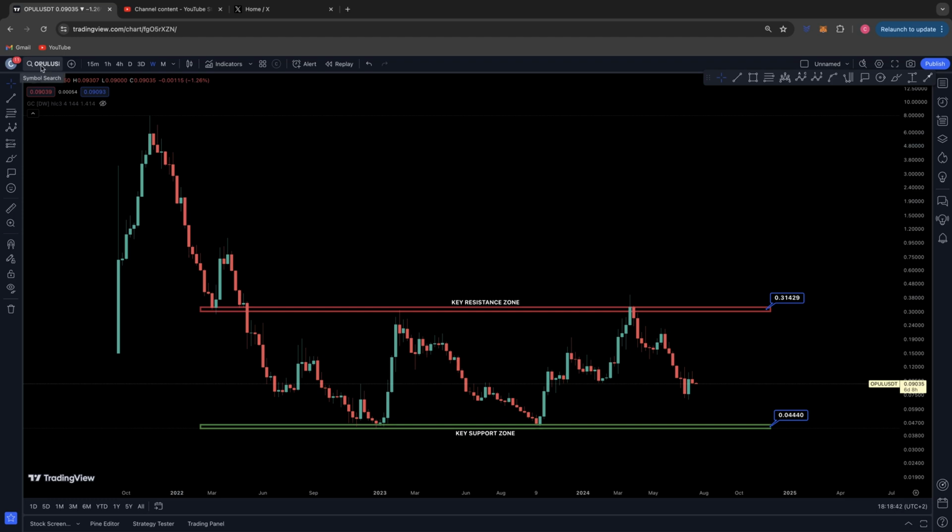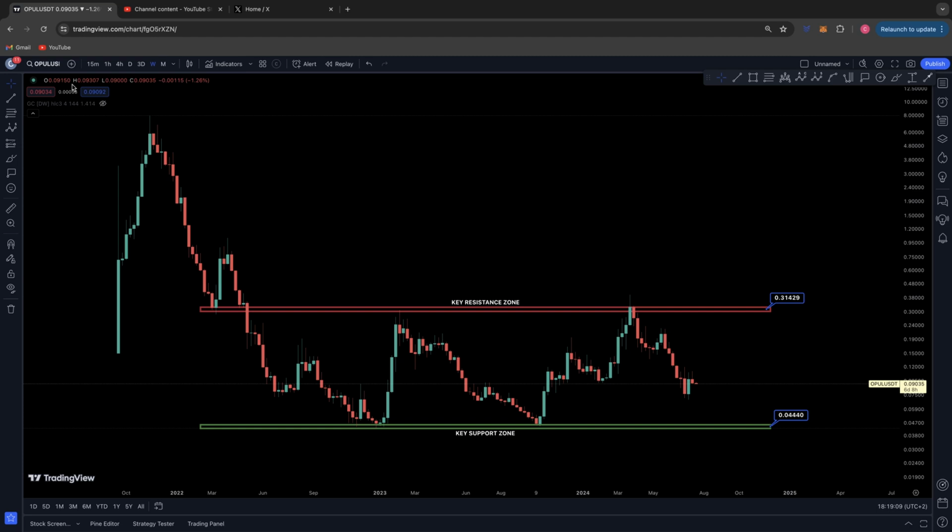Today we will be discussing OPUL, the ticker is OPUL against USDT on the weekly time frame. I was recommended by one of our members in the community to have a look at this project. I'm not a holder personally myself, and it is the first time that I'm actually having a look at this chart. I have heard of the project many times before, but I haven't had the chance to analyze it. So I will try to give you my utmost honest opinion here and tell you what I think is occurring